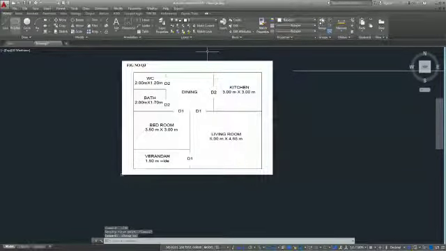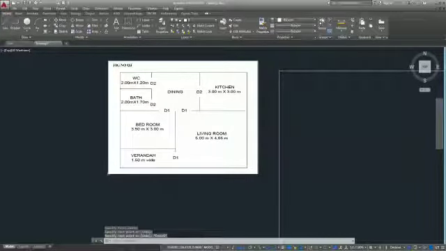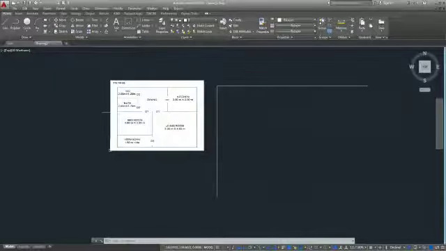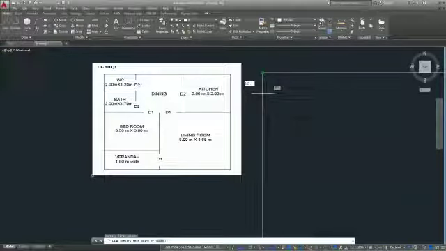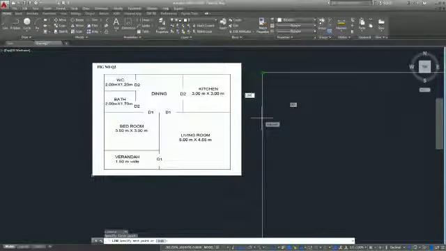Listen here, 2 meter by 1.2 meters. That means from here to here it is 1.2 meters. So from here you will come 1.2 meter. It's in mm, so you have to write 1200, enter.